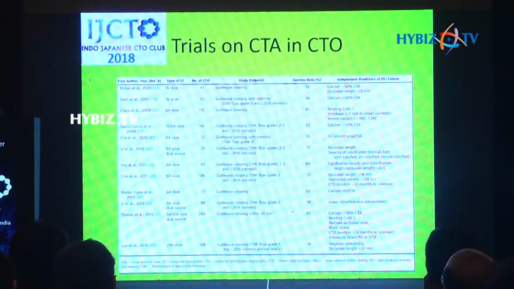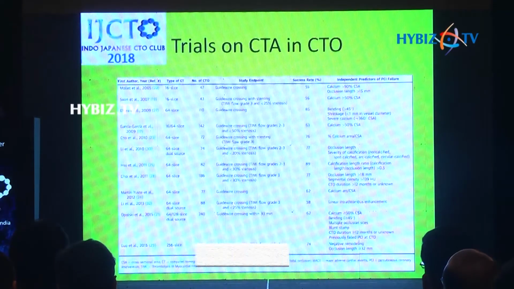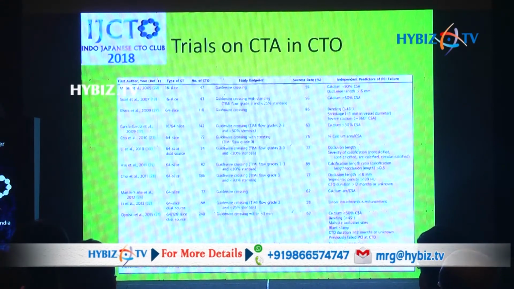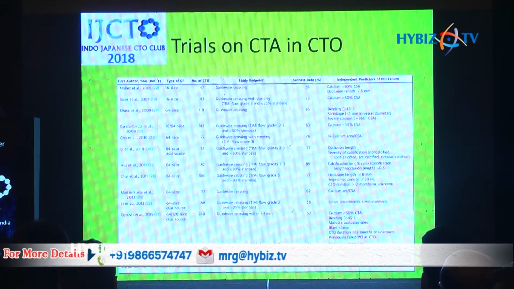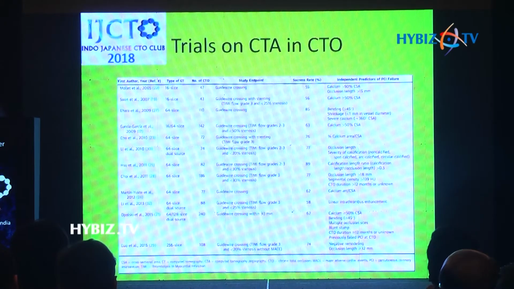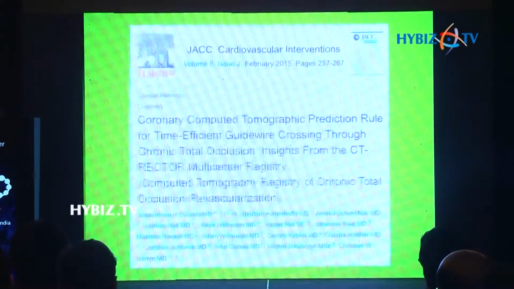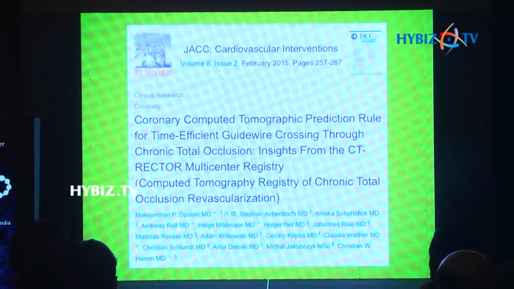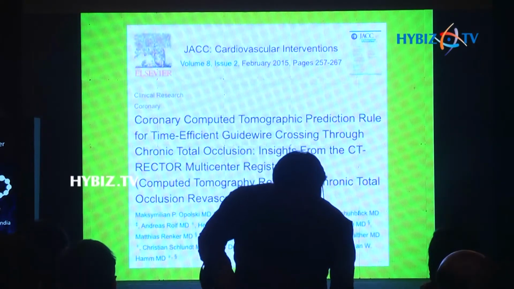So looking at the data on the role of CT, you can see that the work started way back in 2005, and we are about 11 years from there, starting from the 16 slice and now 64 and the 256 slice. The largest data had come out from Opolsky's lab, where he used a 128 slice scanner and looked at around 240 patients. And this was the data that was put together by the German and the American groups,